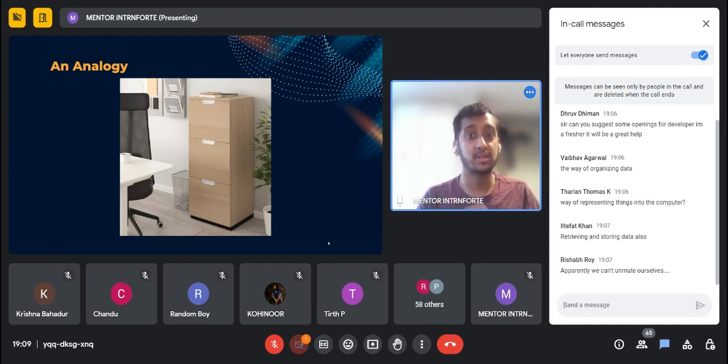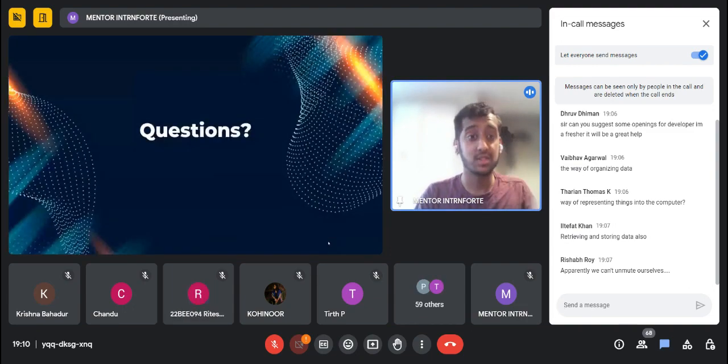If you were confused about what I'm talking about, that's all right, right? Just try to get as much information as possible from this session, and you can always go back, talk to the team at IntrnForte, and check out their data structures course for more details on the technicalities of data structures, right? But I just want to take this opportunity in this session to delve in, touch some topics, and pique your interest so that you can go back and read more about data structures, right? So that's what data structures is about.